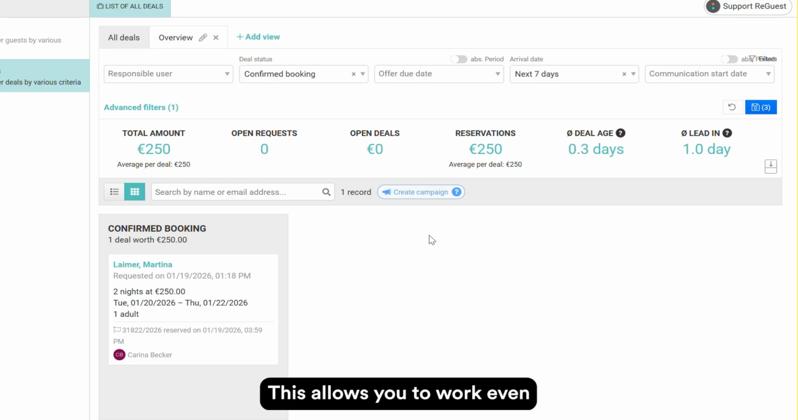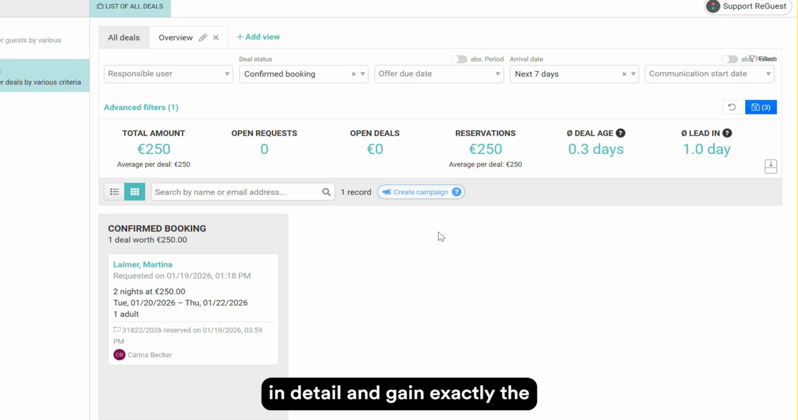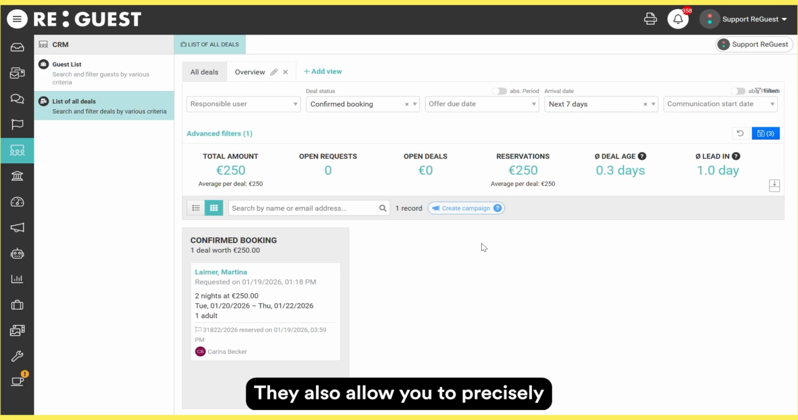This allows you to work even more efficiently in the reGuest backend and make optimal use of your guest knowledge. The CRM lists not only help you understand guest and purchasing behavior in detail and gain exactly the insights you need, they also allow you to precisely define the target groups for your sales campaigns, enabling you to sell even more